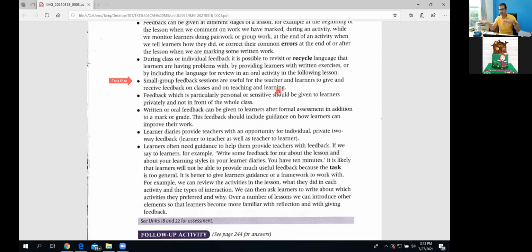So some may take interest in it, some may not. But if it is a small group you are giving the feedback, they will definitely focus on it and try to understand what it is. So it's a useful way in that way when a small feedback, which is particularly personal or sensitive, should be given to a learner privately, not in front of the whole